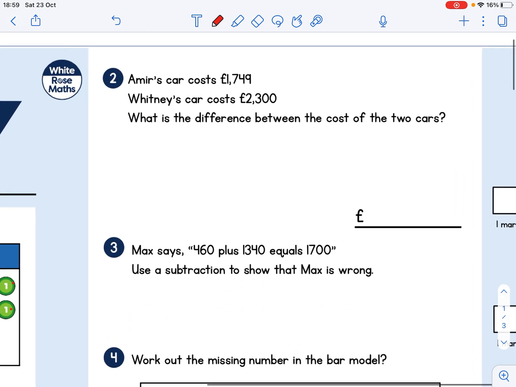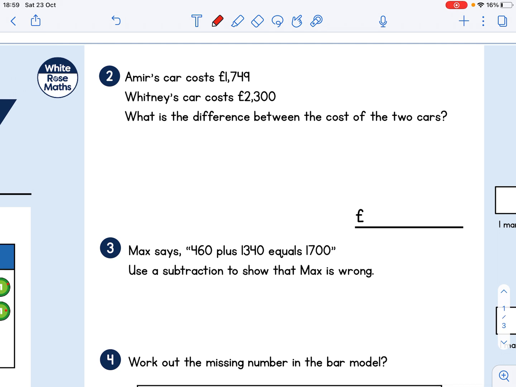Number 2. Amir's car costs 1,749. Whitney's car costs 2,300. What is the difference between the cost of the 2 cars? So remember, when we say difference, so total on question 1 meant that we were adding. Difference here in question 2 means we're going to do a subtraction. So we take the biggest number, 2,300, and we're going to subtract the smaller number,